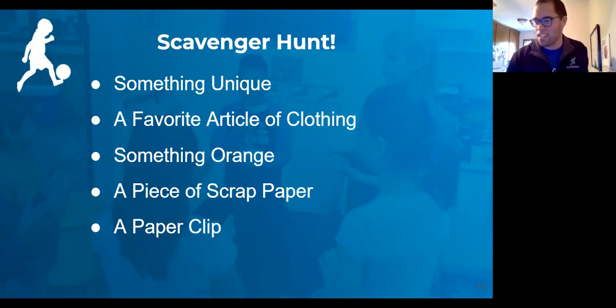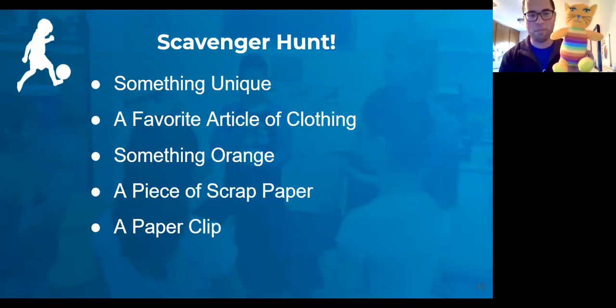All right, let's see your favorite article of clothing. Where is it? I found a shoe. Ah, yeah. It looks like a lot of comfy clothing is what I'm noticing. I'm noticing a trend. Very good. Let's see, here's something orange. I found this creepy stuffed animal. We've got some books, some rice. I love it. Yeah, an orange, an actual orange.